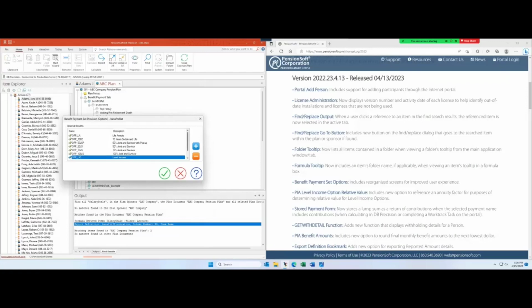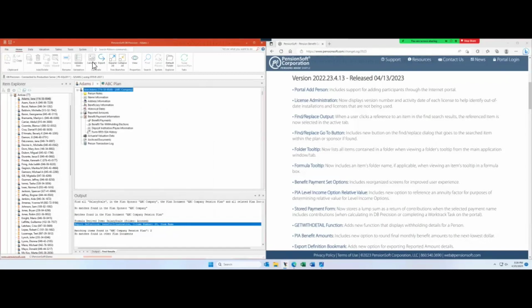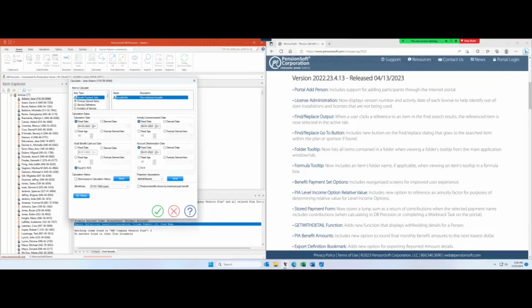For stored payment forms, we now store a lump sum as a return of contributions when the selected payment name includes contributions. So what this looks like is, if I have an optional form that has the word contributions within the description, like we do here, like return of contributions or return of employee contributions, when I go to calculate someone,